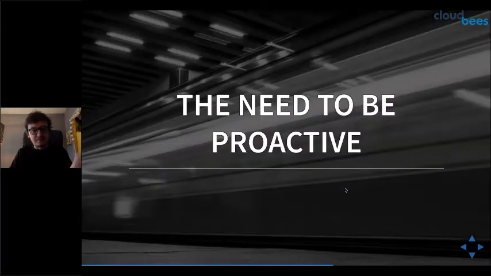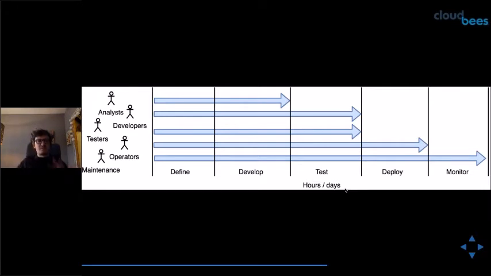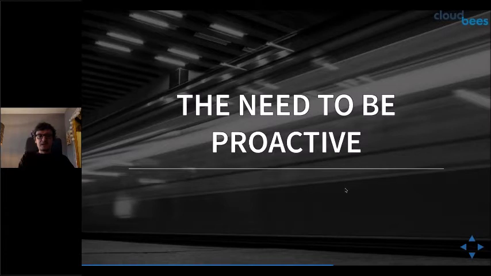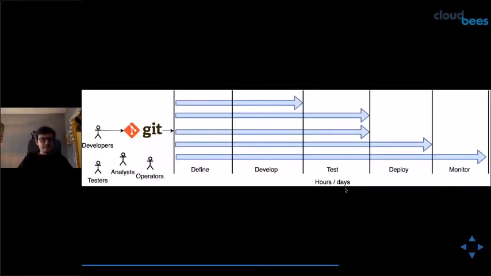Now, the problem with having everybody on the left working together as a single team towards accomplishing something that will be sent to that assembly line is that we need to be proactive. And being proactive is much harder than it looks like. And that proactivity means that if what we are going to pass through that assembly line is a commit made by a developer, that means that everybody else, all of us, need to be so proactive that we are ready with our work long before